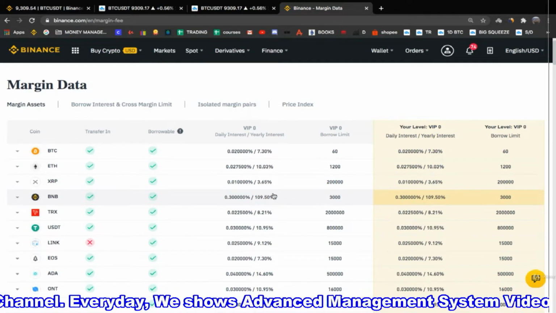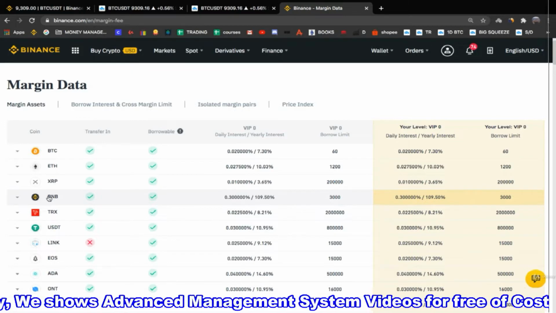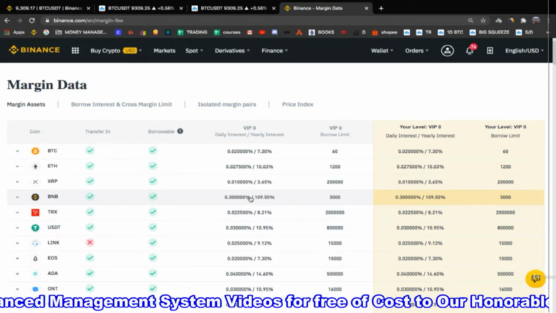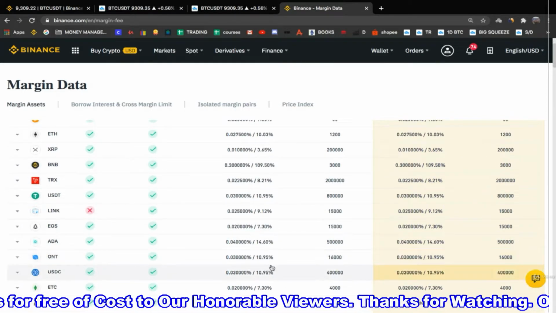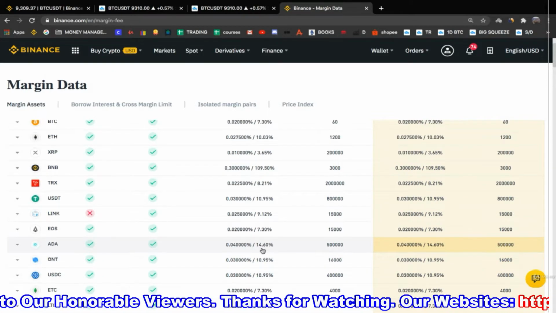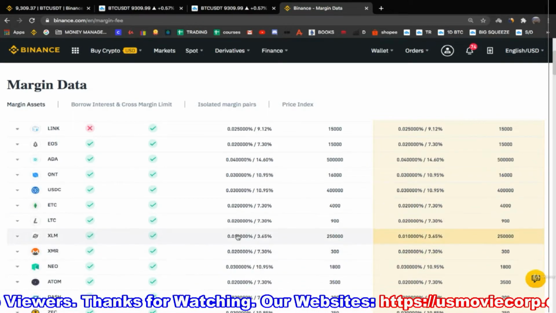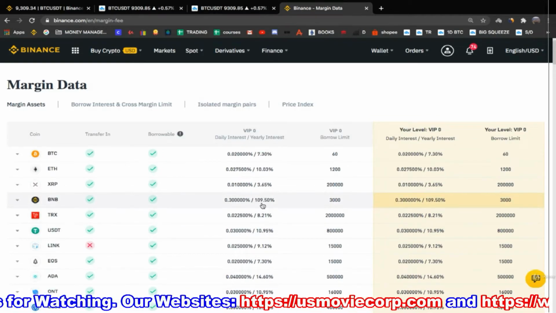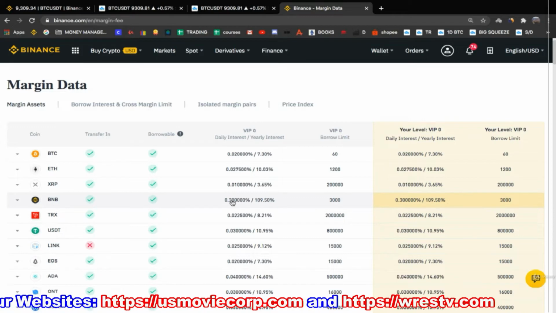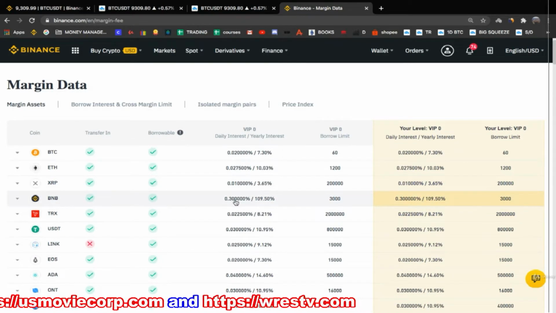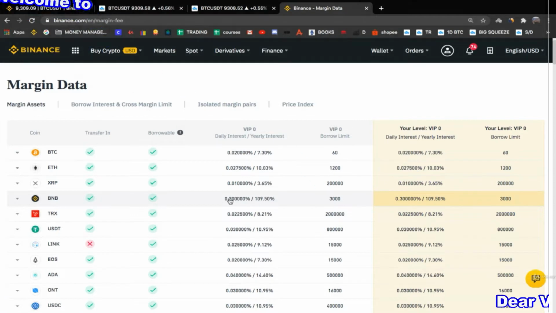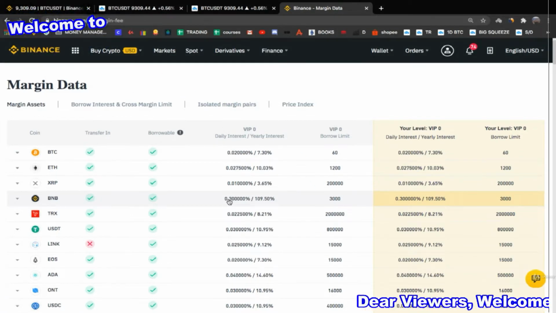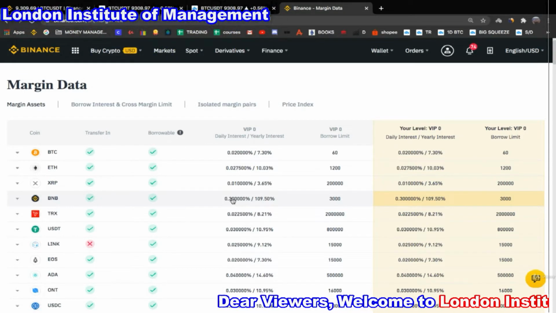One thing that you will notice right away is not to borrow BNB. This is crucial, guys. You have to be aware not to borrow BNB. As you can see, all others are around 10%, a little bit more or a little bit less. Actually, there are some that are much less. And look at Binance, 109%, 0.3% a day. I'll show you now how to calculate this if you want, but that means that if you borrow BNB, in a little bit more than 3 days, you will have to pay 1%. Every 3 days, 1%, which is enormous.